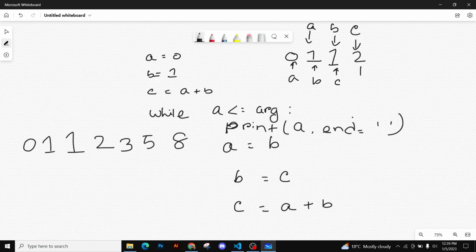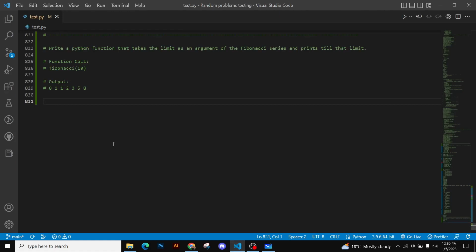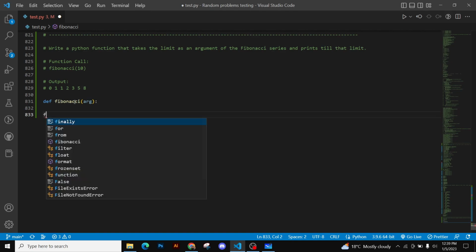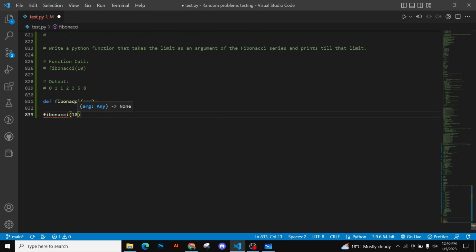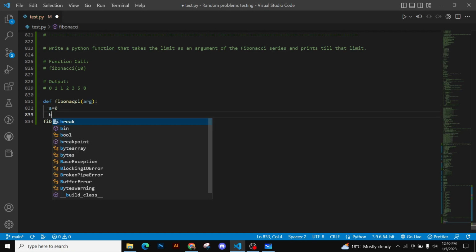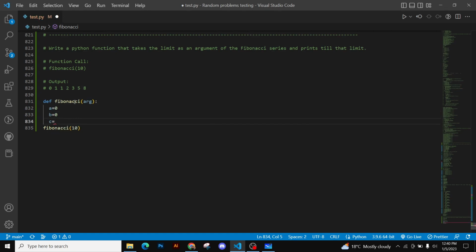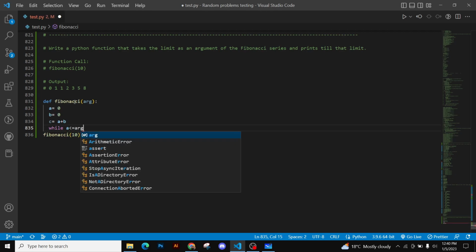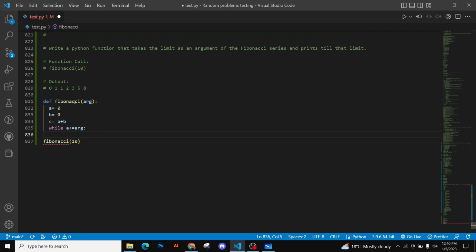So hopefully you understand the pseudocode, or the logic behind our problem. So let's just run the same thing in our actual code. Since it is a function, we have to define it as a function, and we have to call it again. Let's say we're providing 10. Initially my a value, my b value, and c value. I'm checking the conditions,